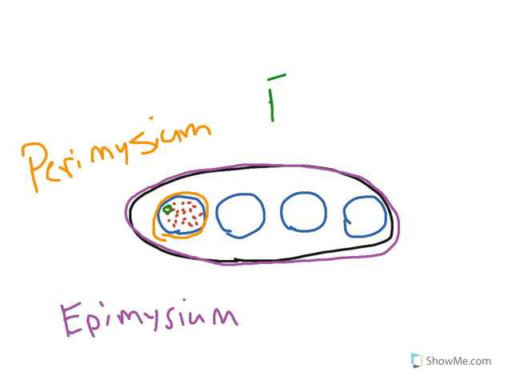We have endomysium. And endomysium surrounds individual muscle cells or muscle fibers, so that we have all of these guys individually isolated. We have each muscle fiber isolated by endomysium, each individual fascicle isolated by perimysium, and each individual muscle by epimysium,